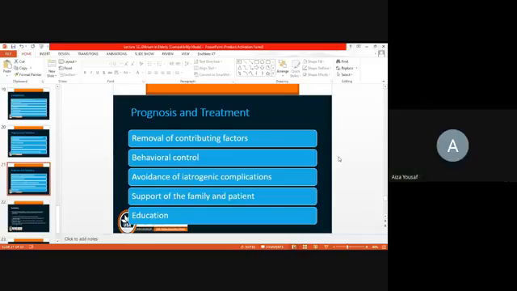There should be avoiding of unforeseen complications, support of the family and patient will be helpful, and educate the patient. How can we educate the patient? We ask the patient